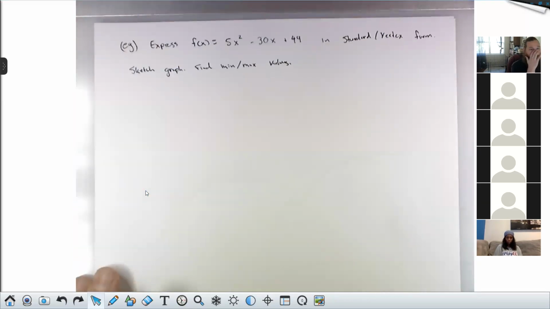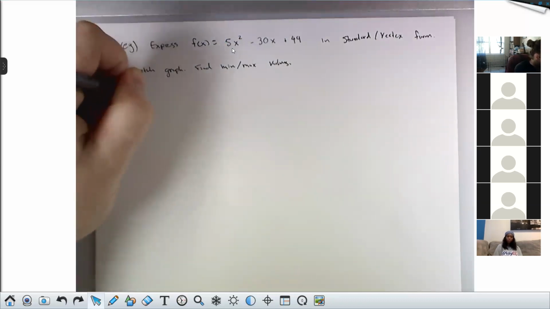All right. Before I even get started here, when I go looking for those extrema, the min or max, is it going to be a min or a max and why? Gonna be a min because a is positive. Yeah, very good. This number a is positive, which means my parabola is going to open up. So that vertex is going to be a min value, right? The lowest point on the graph.